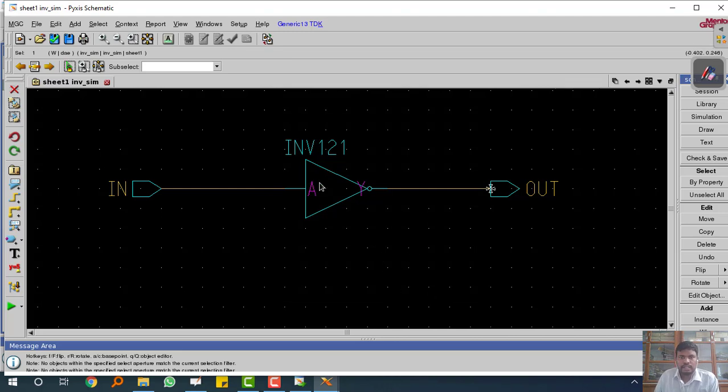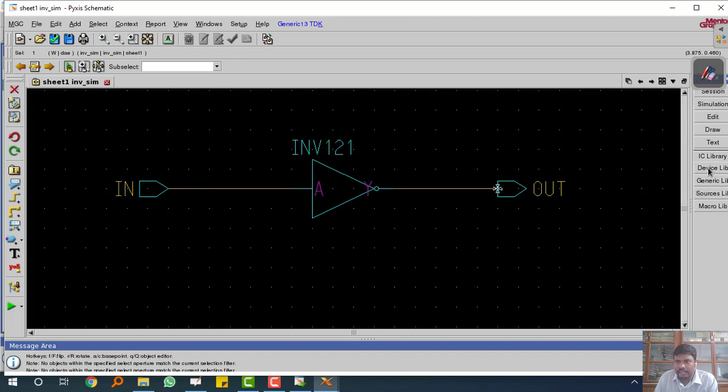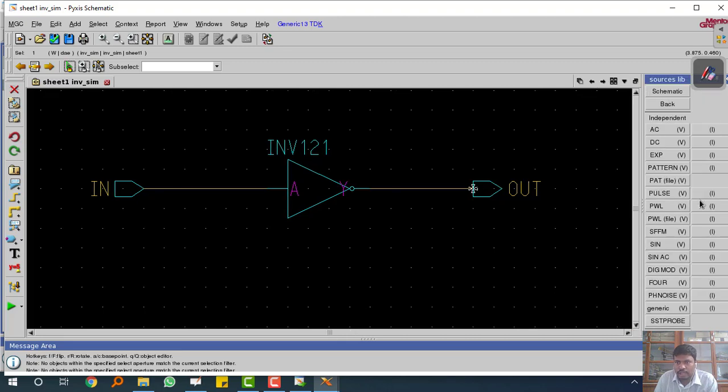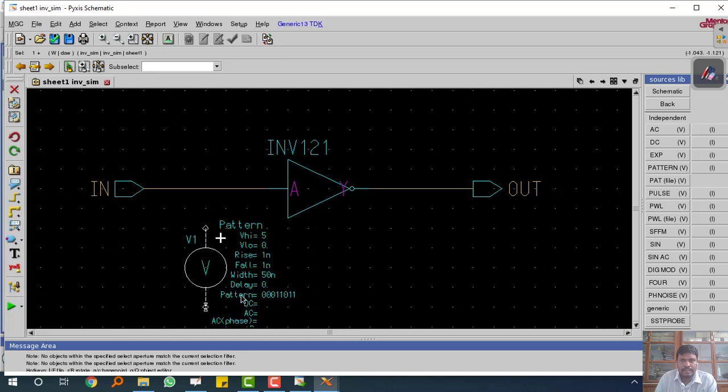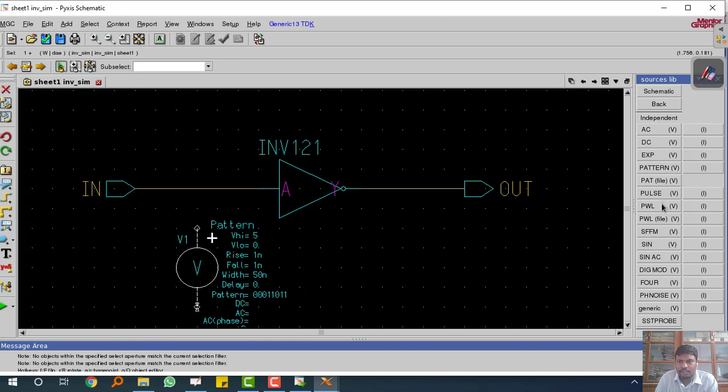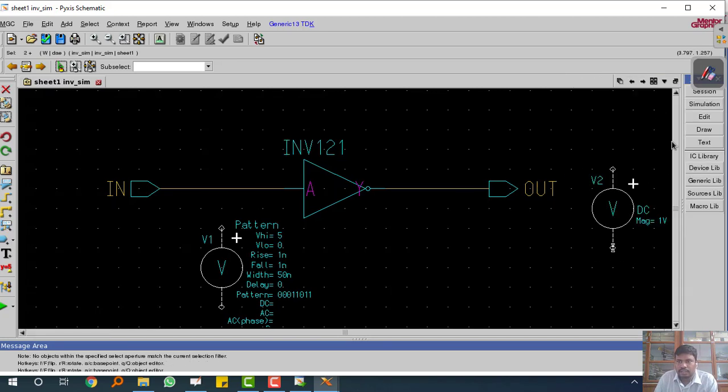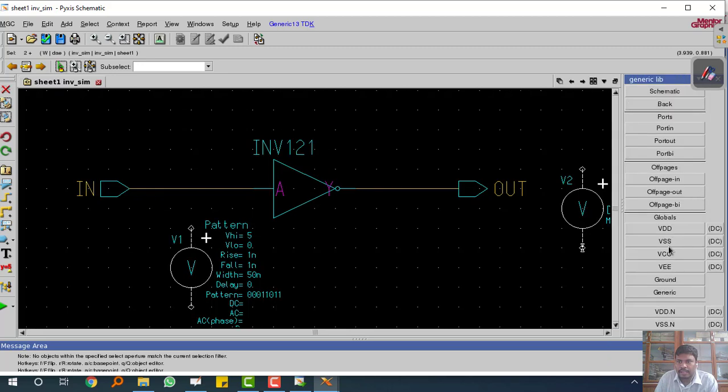Now for this I have to give a pulse signal or input signal or a data signal. So I will click library. Device library is there, generic library, source library. I will go with the source library. I will give a pattern, and also because we are taking VDD as 5 volts, I will take DC and go to generic library.